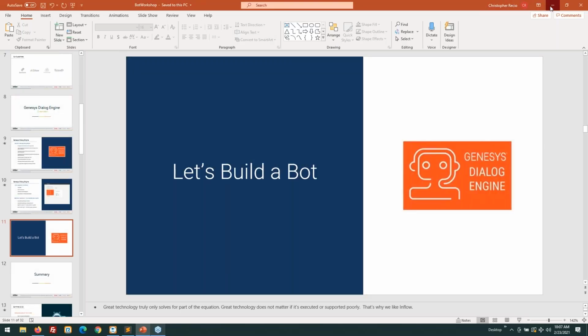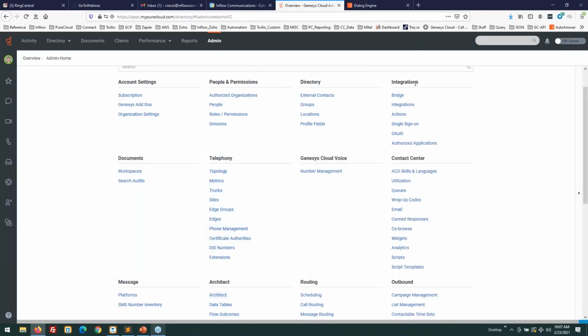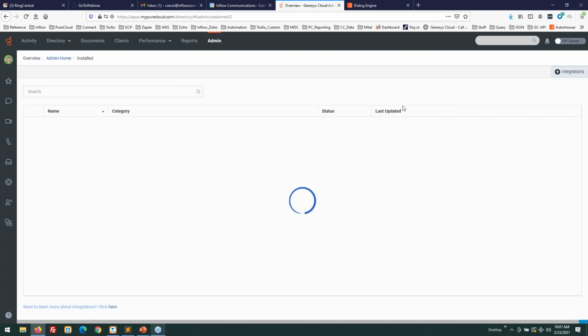So I'm going to log into, and I actually believe I'm already logged into Genesys Cloud, so this should look familiar to you. And since the topic of today's discussion is web services and configuring a web services bot, the first thing we need to establish is that we have an active web service. So inside Genesys Cloud, when you go to admin and then you go to your integrations panel on the right, or at least your drop down bucket here, I'm going to go directly to my integrations.